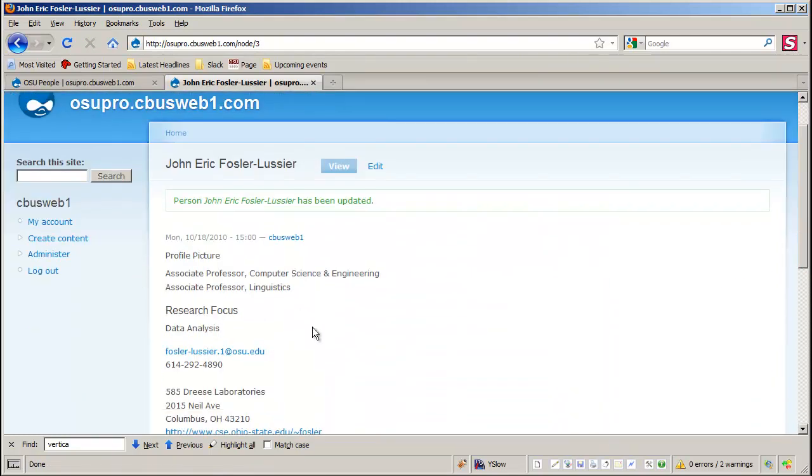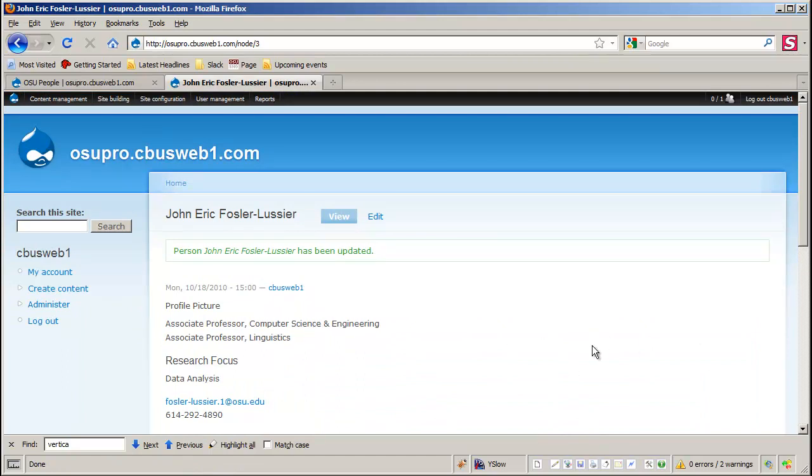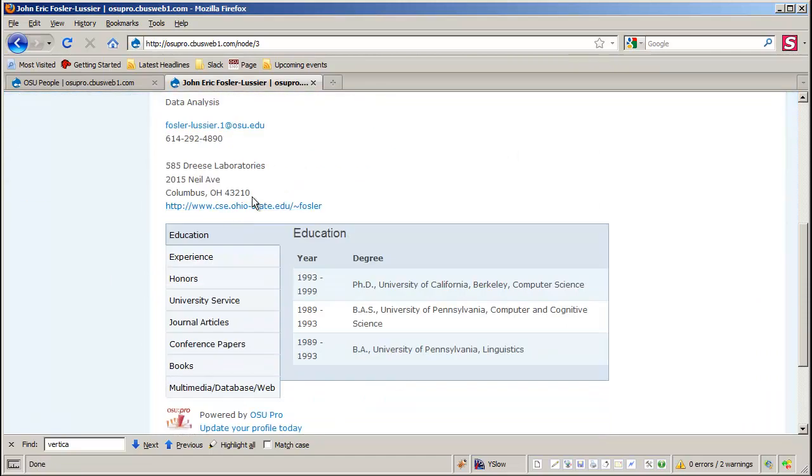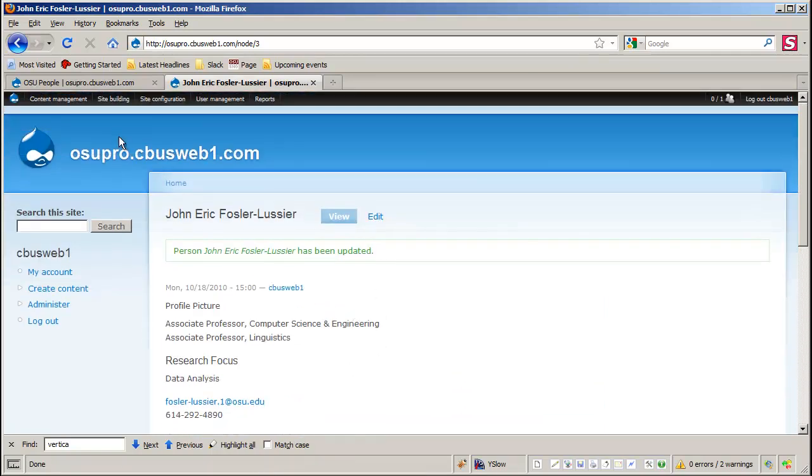And I think this is not showing up just because that picture is something else that we've coded in our theme, but I apparently haven't accounted for in that one line function, which was mostly just to bring in this OSU Pro data. So